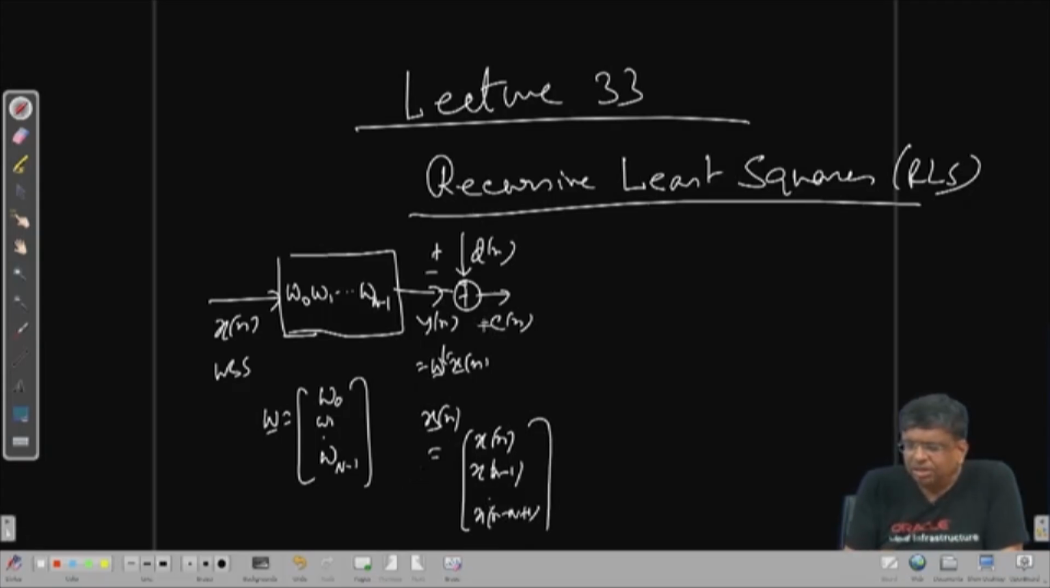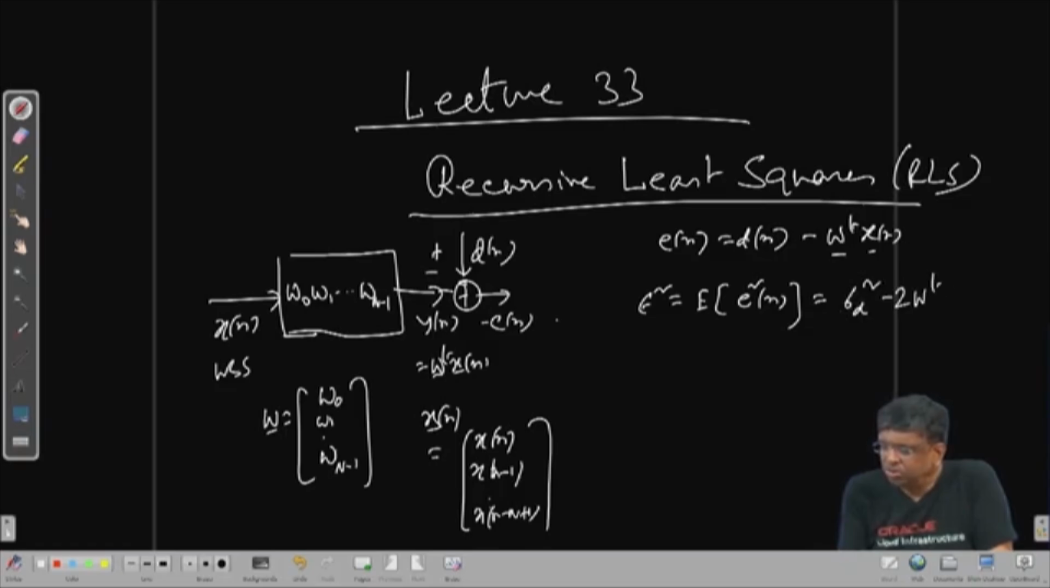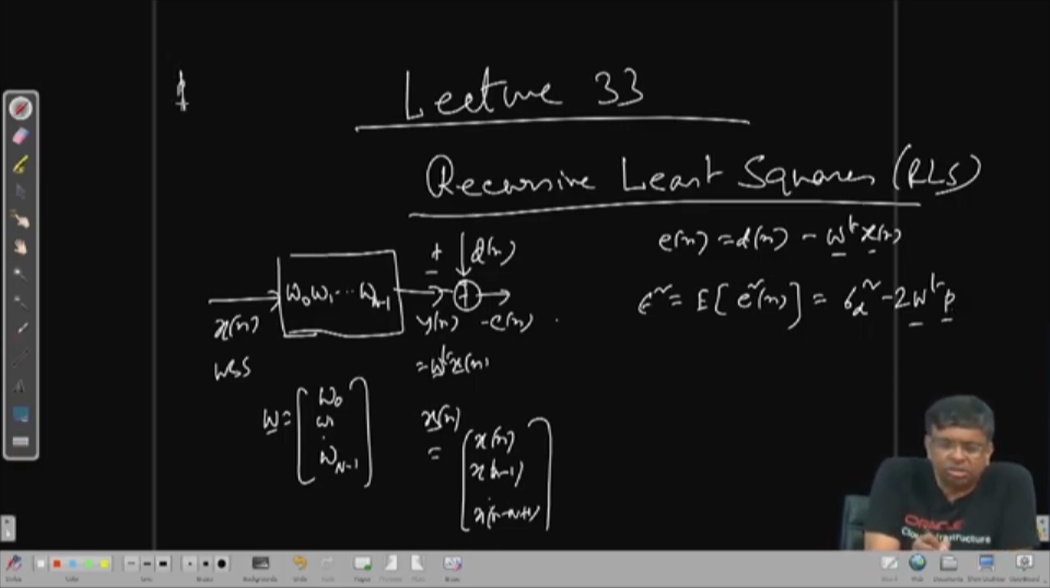So, en is dn minus yn, that is W transpose xn. We have to find out, and there is an assumption that dn is also WSS, and xn and dn are jointly stationary. Under that, this variance, and these are all real, so I am not putting mod en square, just simply en square. This was, we worked out, sigma d square, the variance of d, then twice W transpose p, where p is the cross correlation vector between xn and dn,